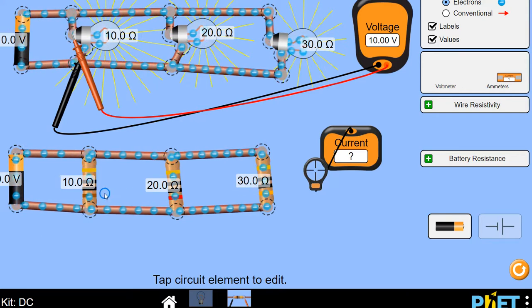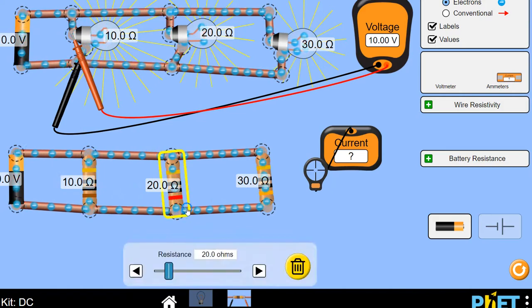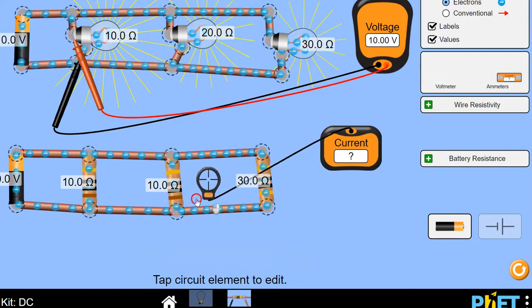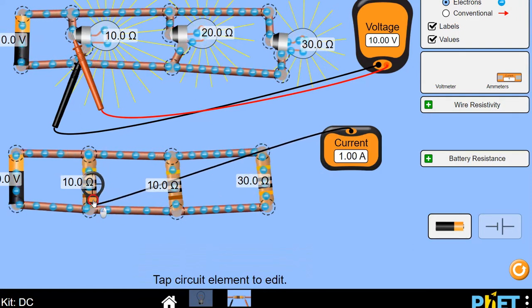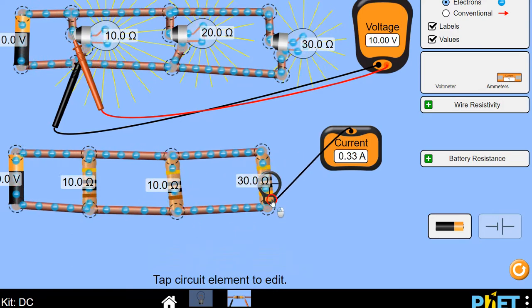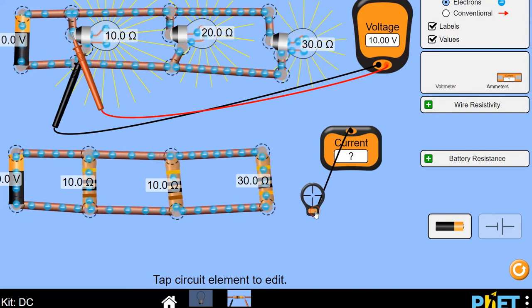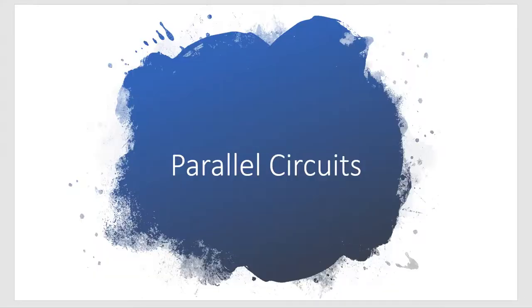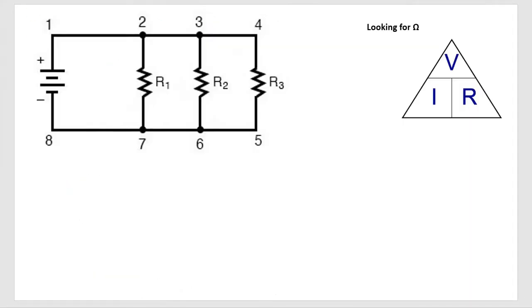So if these were all 10, the amps would be exactly the same. 1, 1. And this one's still going to be the 0.33. So,